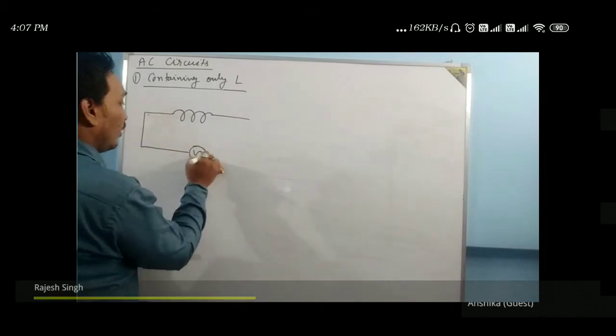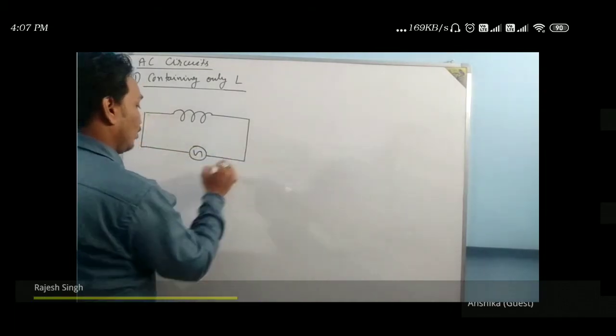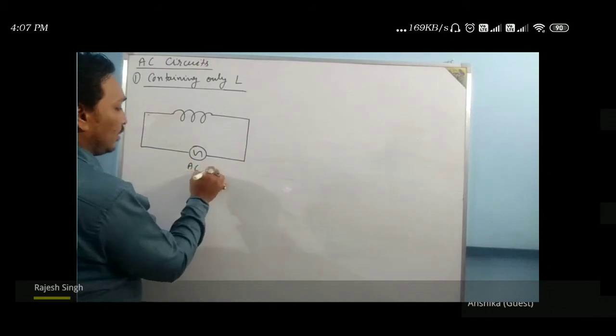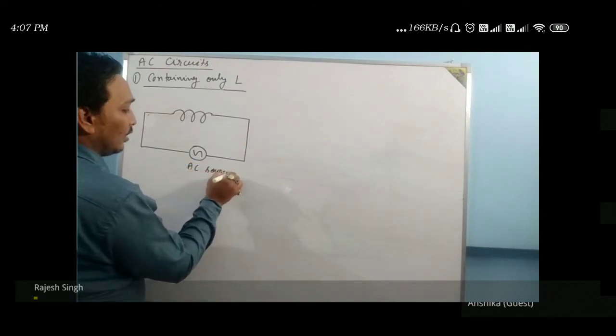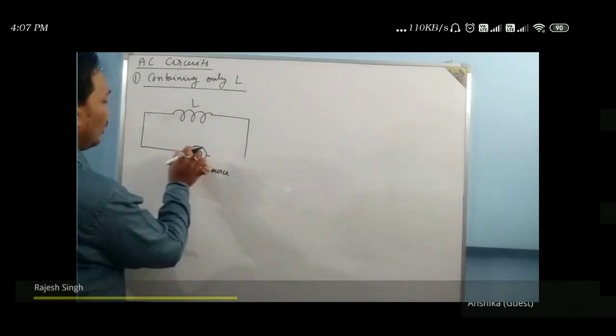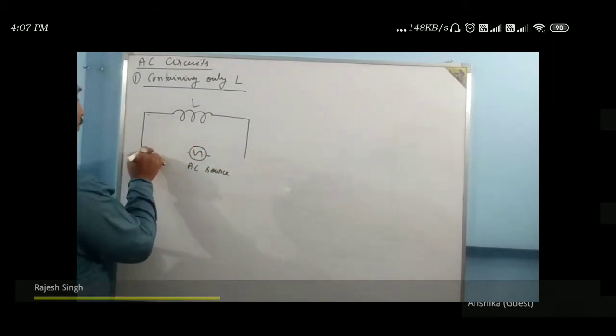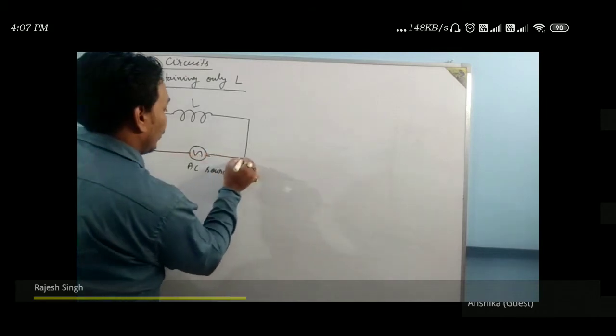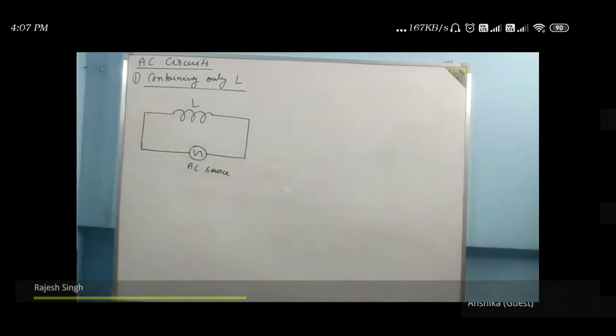If you have not understood chapter number 6, electromagnetic induction, then you are going to have a problem in this topic. In chapter number 6, the inductor is introduced for the first time, and if you have not understood it there, it will create a problem over here. Okay, let me give you a quick revision.